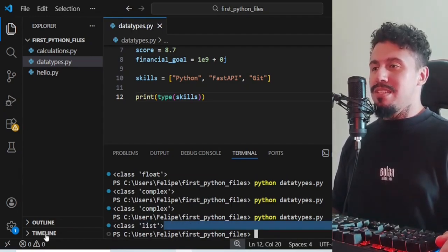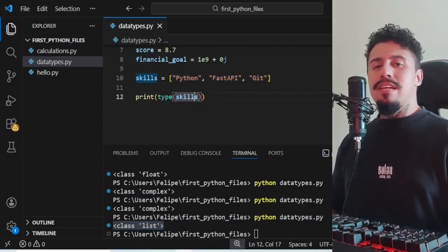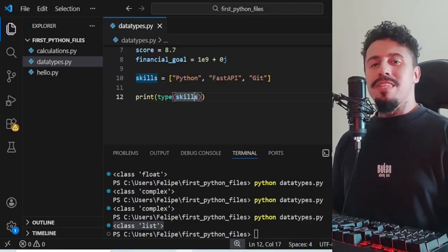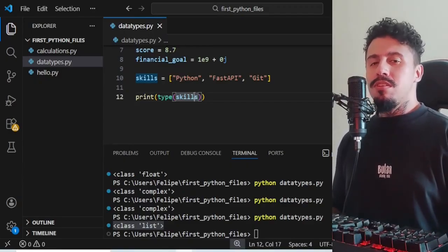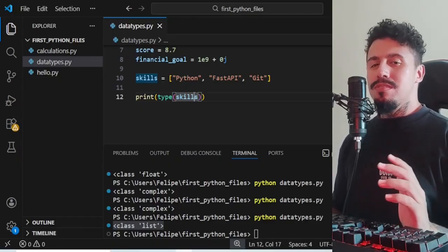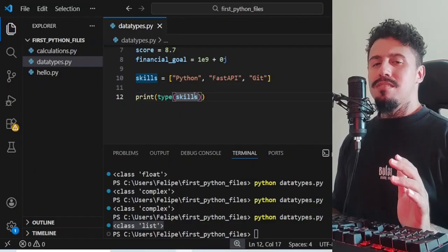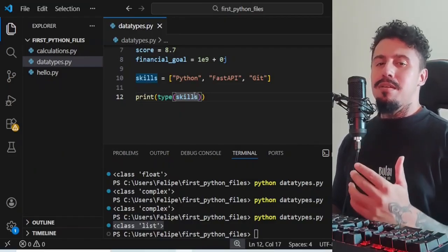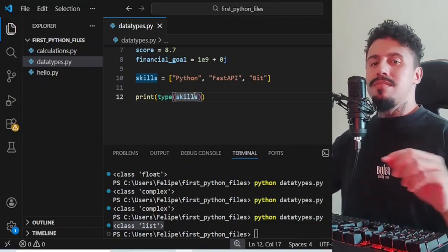So this is the data type list. In other programming languages, you can call these data structures also, all right? But in Python, we call all of these data types, all right? So this is the data type list. You can also call it data structure, there's no problem.